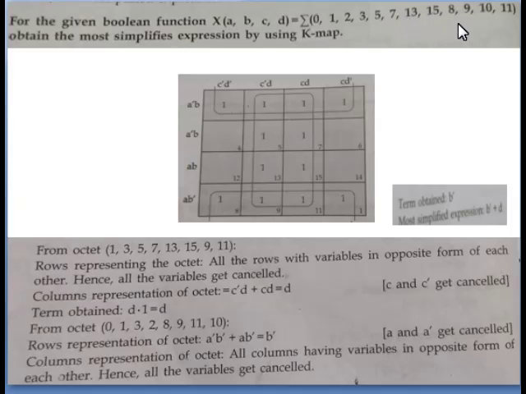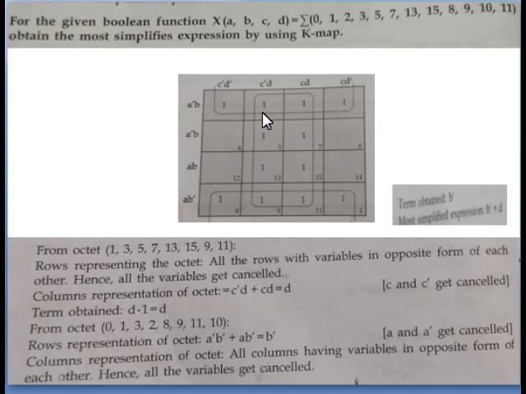Then you will go for grouping or framing the K-map. So if there is any way to make an octet, okay, here 4, here 4, so this is an octet. By folding the map again we are able to make another octet. So from this K-map we got 2 octets.